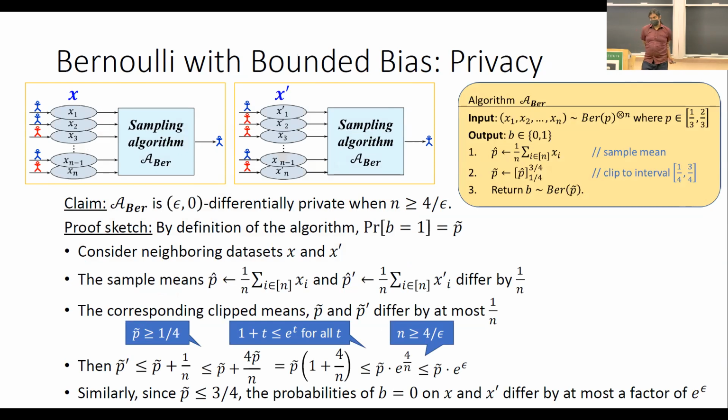To piggyback on that question, earlier you brought up 1/3, 2/3, and 1/4, 3/4. I didn't realize where these numbers came from. Yeah, so the numbers aren't particularly important. 1/3, 2/3 comes up in accuracy. We use the fact that we clip to the interval 1/4, 3/4 here, but the numbers aren't important. It's just important that the interval is larger than the interval that the bias is restricted to be in.